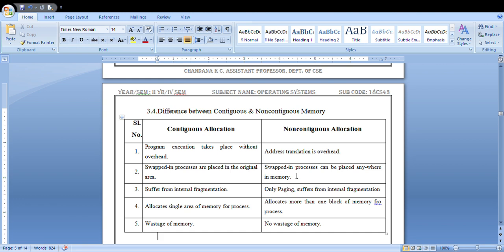But in non-contiguous allocation, the address translation is overhead, because in the previous diagram you saw that program 1 is allocated the memory location at the top, and program 3 is allocated after a free memory location between program 1 and program 3.